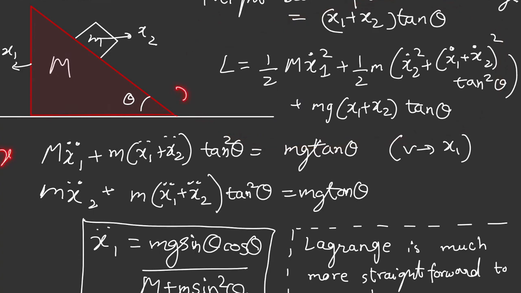Now say my first variable I selected is x1, we get this. Say the second variable I selected is x2, we get this. So solving these two equations is pretty straightforward. Just equate them, and you would get the answer.